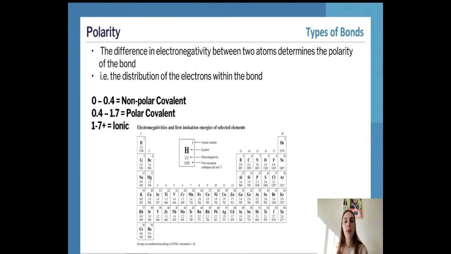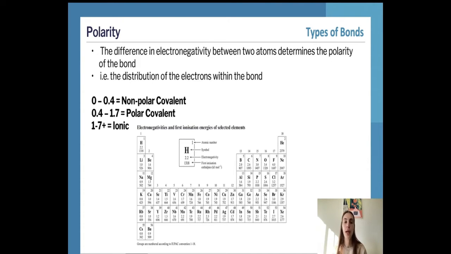So for example, if we had carbon bonded to hydrogen, we can see that hydrogen has an electronegativity of 2.2, whereas carbon has an electronegativity of 2.6. So we do 2.6 minus 2.2, and that will give us 0.4 as our answer. So we can say that a carbon to hydrogen bond is on the borderline of non-polar covalent and polar covalent, as it's 0.4, but